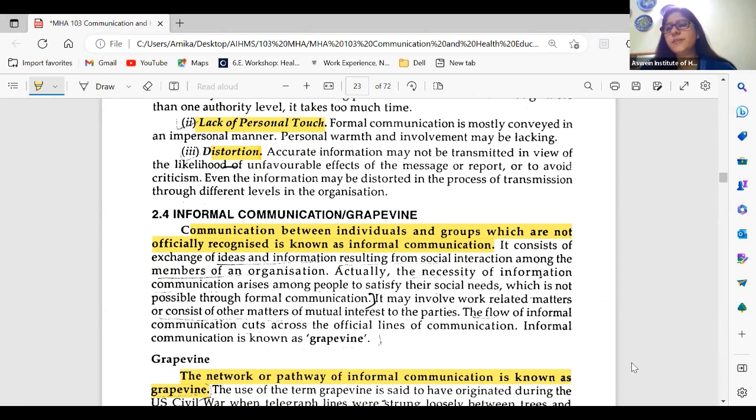And sometimes in official communications the information is distorted. Why? For example, I send a mail to 3 or 4 people, and then they transfer the same information to their juniors. So what I wanted to convey might not be reflected to them. We have talked about receiver and sender. As there is no feedback mechanism, you cannot ensure whether the information which the sender sent has been transmitted and understood by the receiver.